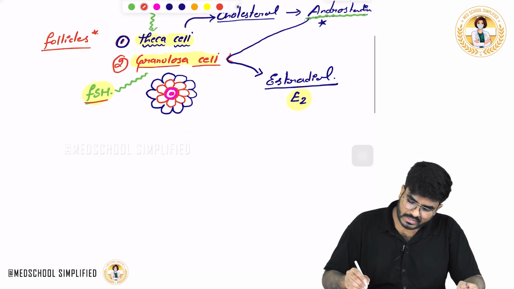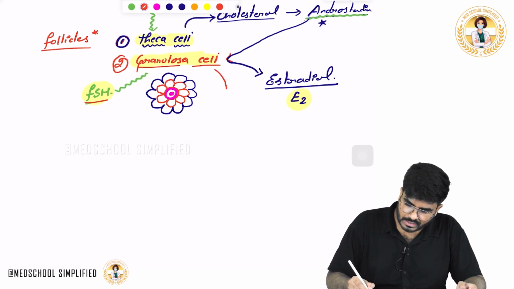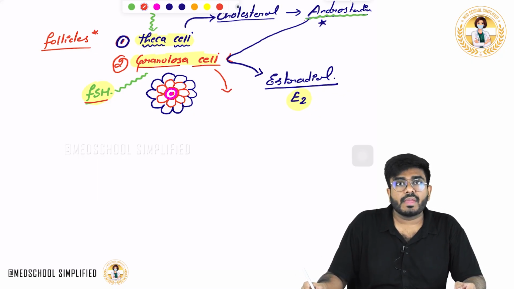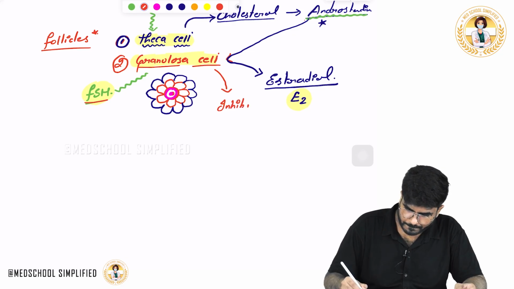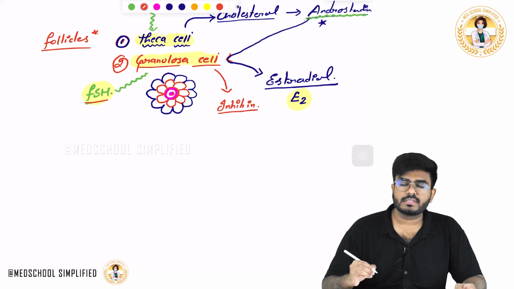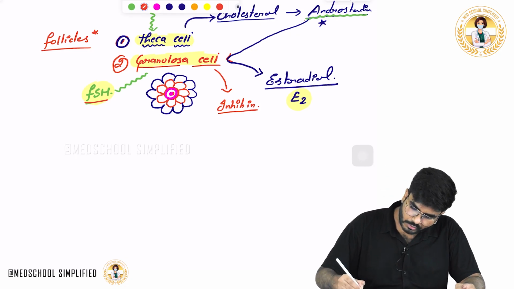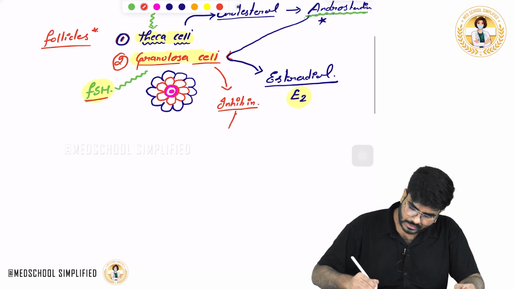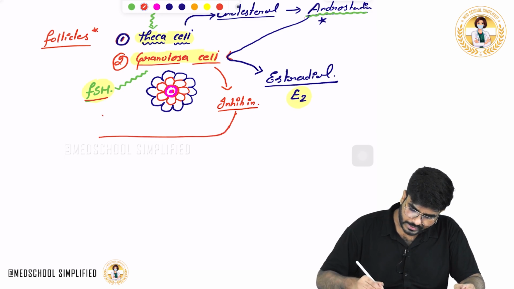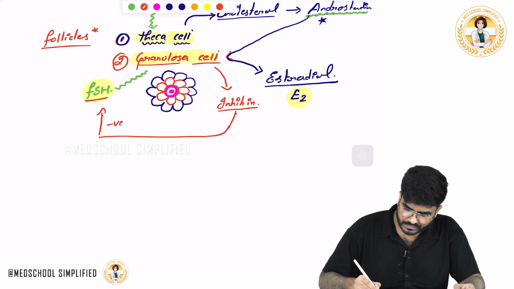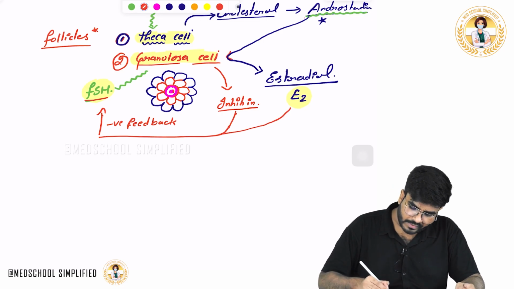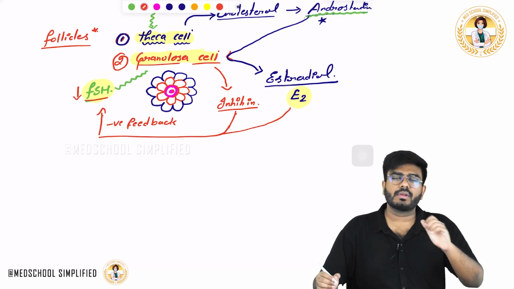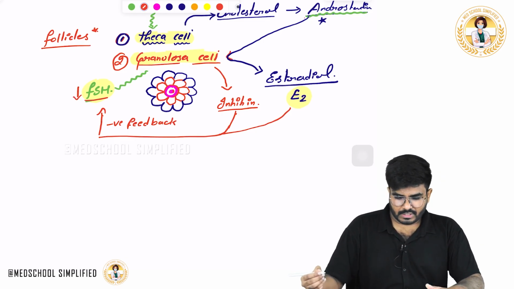Not only that, what else I want you to know is, these granulosa cells under the influence of this FSH also produce something called inhibin. Okay, inhibin is also going to be produced. So, what is this inhibin going to do? Estradiol, estrogen as well as inhibin is going to down regulate the FSH, gives the negative feedback. So, estrogen and inhibin always down regulate the FSH, always decrease the levels of FSH.